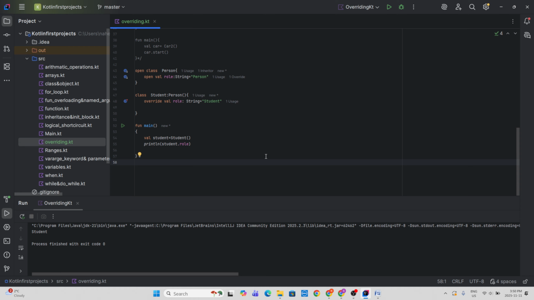So let's quickly recap what we learned. Use open in the parent class to make a function overridable. Use override in the child class to redefine it. Use super to call the parent's version as well. And yes, even properties can be overridden. So this is the